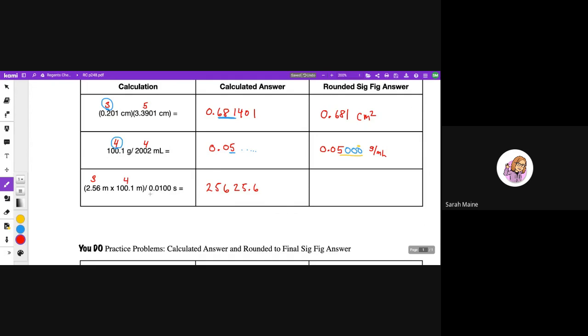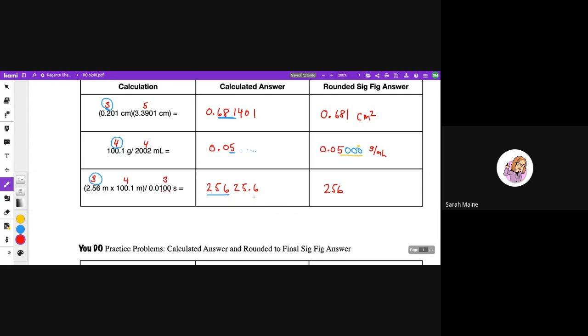The number that's in seconds, it has 2 leading zeros, not significant. Here's my first non-zero digit, and those trailing zeros, because of that decimal point, are significant. So this contains 3 significant digits. So this final calculated answer, the lowest number is 3. I'm only allowed to keep 3 of the calculator digits. So here we go, 256. So when I go to write down my answer, I write down 256, but this is